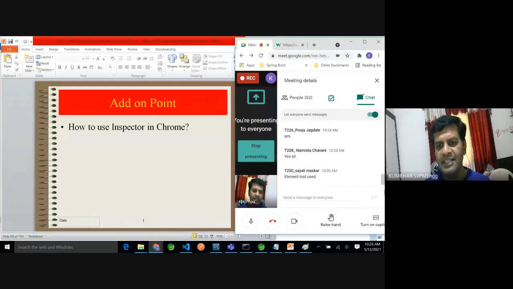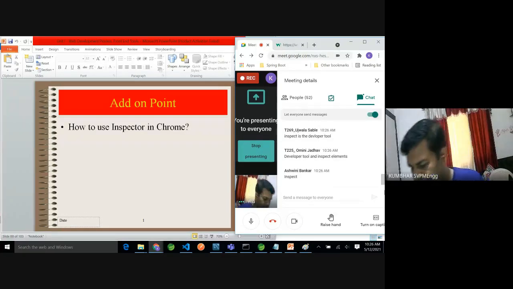Okay, Saili said element tool. See, this is not the element tool. This is the dev tool, the developer tool, which we are using to inspect different elements and source code, and for debugging. Yes, developer tool is the name. We use the inspect option, and we are able to inspect HTML elements. We are able to debug the source code. Okay, developer tool is there and to inspect the HTML element. So I expect all of you to write the answer as per your understanding, so that it will be counted as one